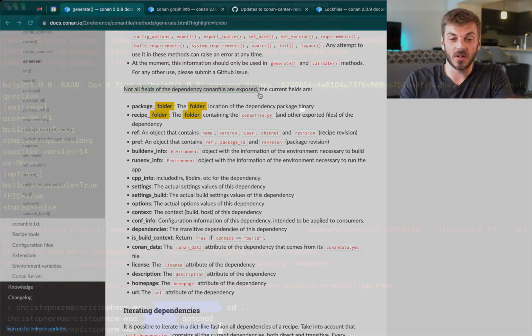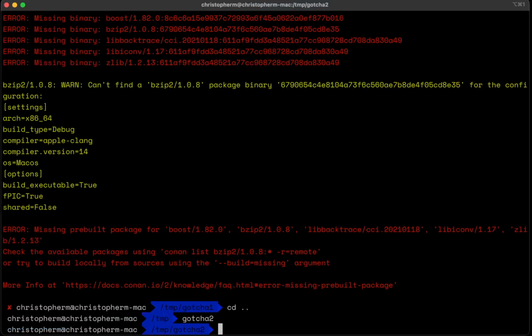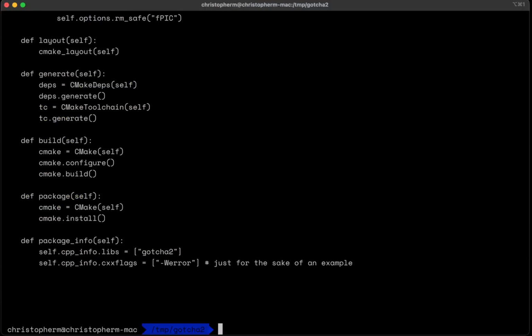So if we jump back to our terminal and we cat our Conan file, this is just, again, a simple conan new cmake_lib. And you can see here I added a self.cpp_info, and we're going to add some cxxflags to our project that we're going to expect our consumers to have. And it's going to be -Wall. They probably shouldn't be doing this in actual code, but just for the sake of an example, I stuck this in here. Right, so now if we do conan graph info,